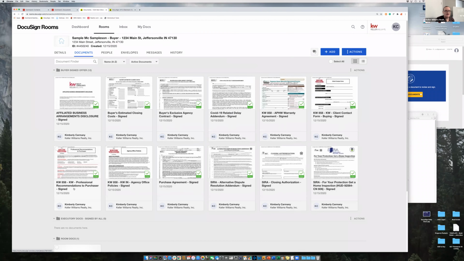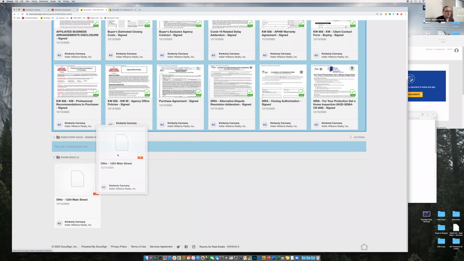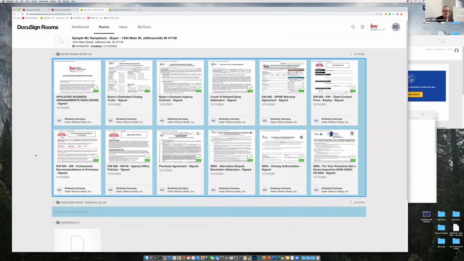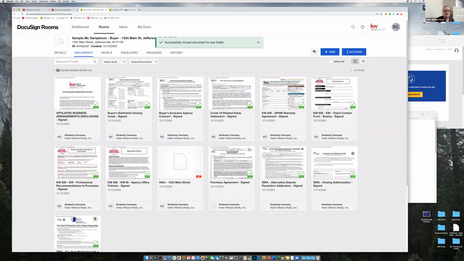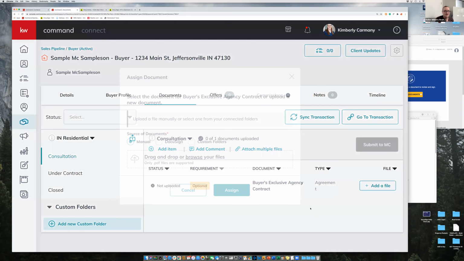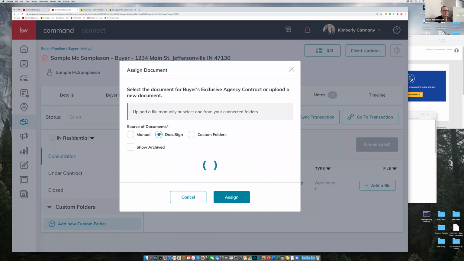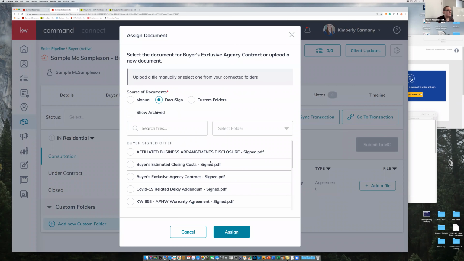You can also, if something was in your room docs and you don't want to do the move, you can always just drag them to the next folder too. A little less precise, but it is pretty helpful there. And I think the only thing left to do once you have those signed would be adding in your files back here. Now, one thing to notice, if you are connecting something via DocuSign and you are using folders,